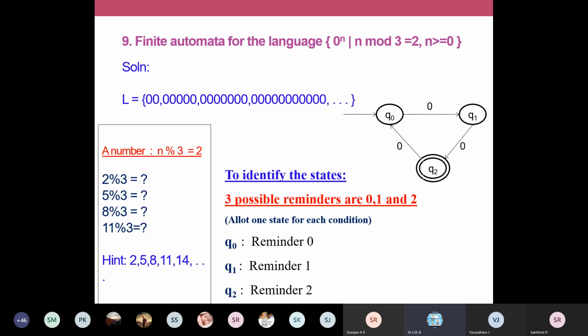That's all. Okay. So once again, start with the smallest possible. Whether 2 mod 3 is 2 or not. What is 2 mod 3? What is 1 mod 3?